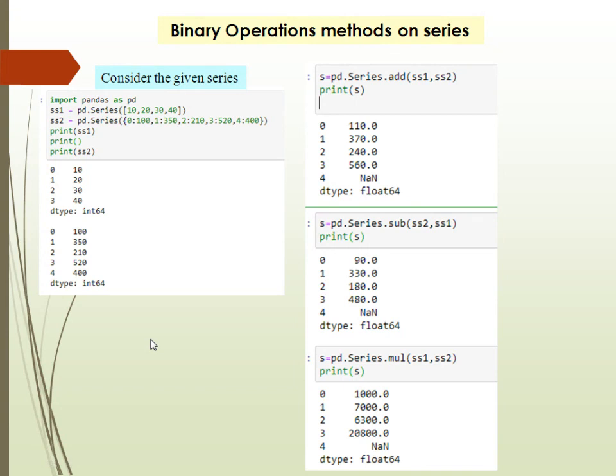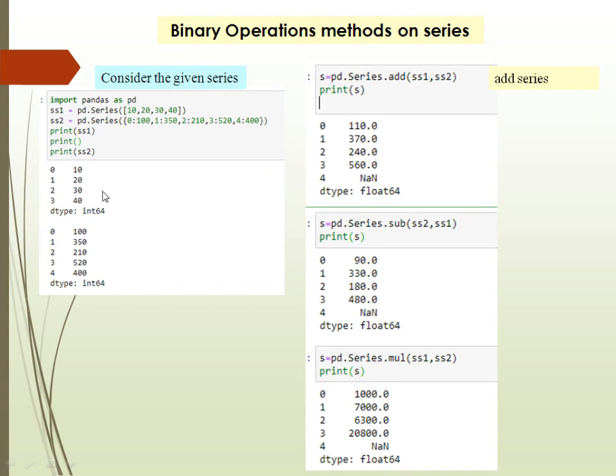Next are some methods which you apply on these series. First one is add series. Add series is going to add the series, and as I explained earlier, it should have some matching index values. Then only the addition is possible. So it is simply going to add the values, and if the particular indices do not match with the other series, it is going to display NaN.